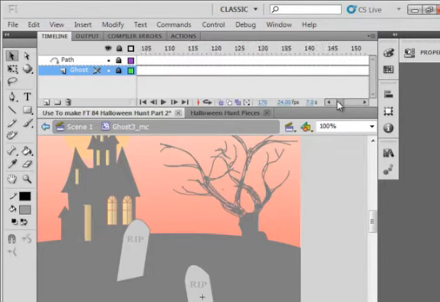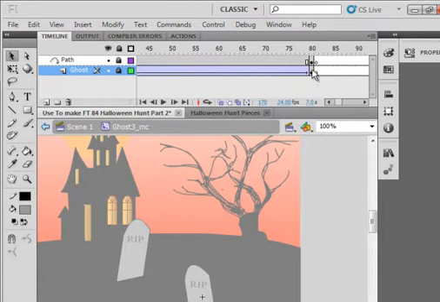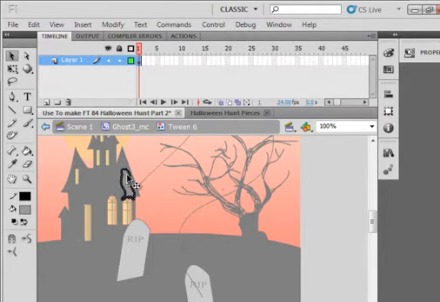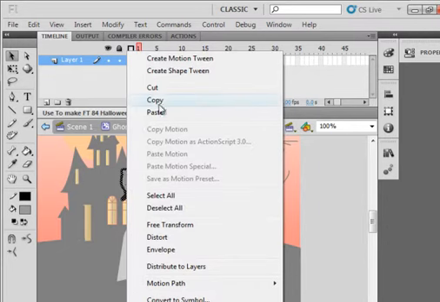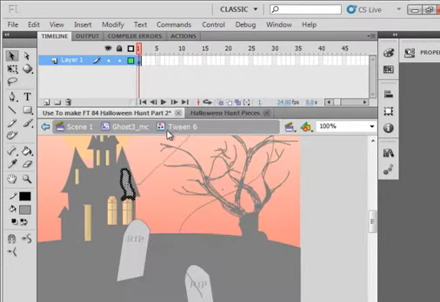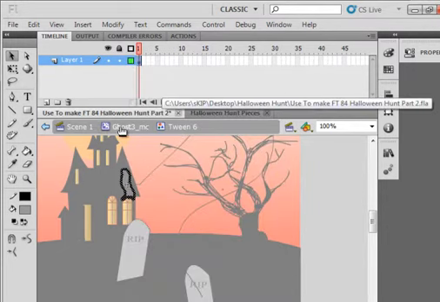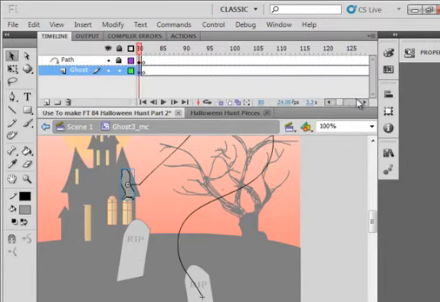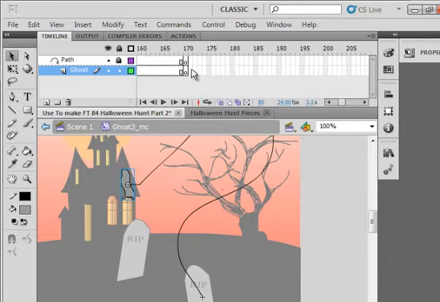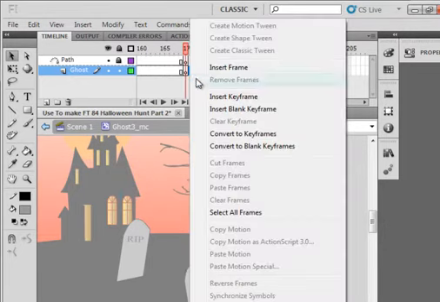Alright. Go back here. Click on this frame here of the ghost layer. Unlock it. Double click on it. Right click, copy them again. When you get down to this tween, copy them, go back to the ghost movie clip. Now come way up here. In my case it's 171. Insert blank keyframe